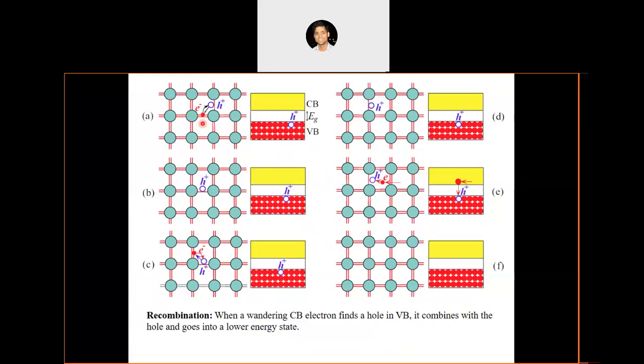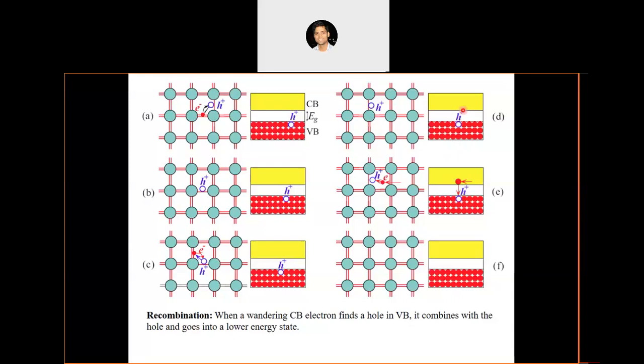This is the schematic of how, in different ways, a hole is moving. For example, here in the beginning, when the electron-hole pair is created, the hole is generated in this bond. Then the electron from this neighboring bond tunnels to the position of the hole, and then the hole moves to its next position. Similarly, it can go to the neighboring bond, and then again the hole will move. You can see that here also. So the hole is moving from one position to another position.